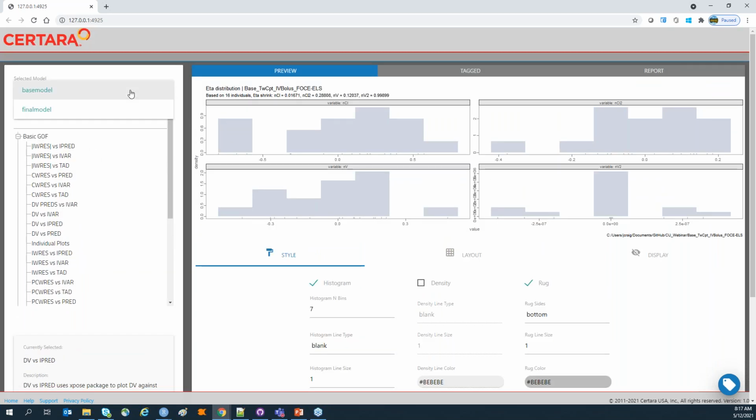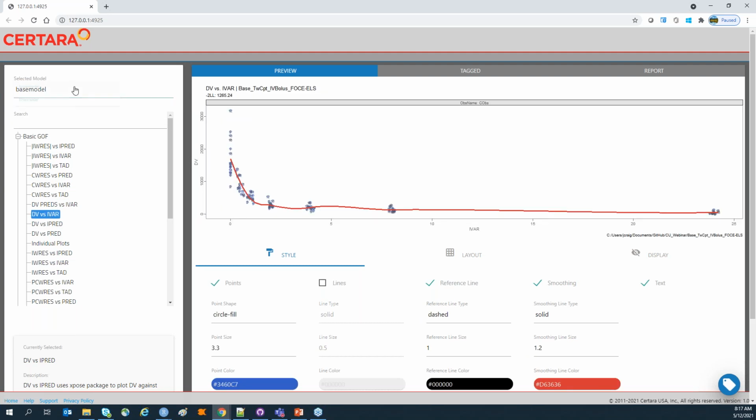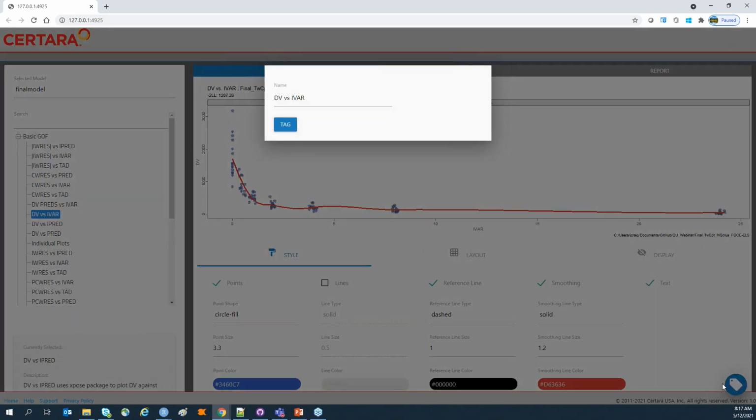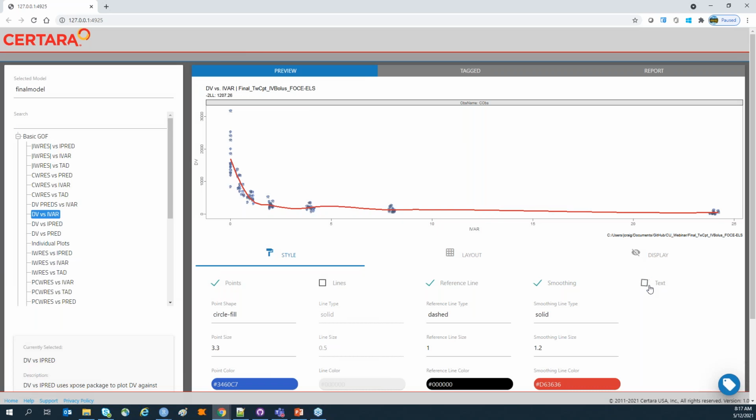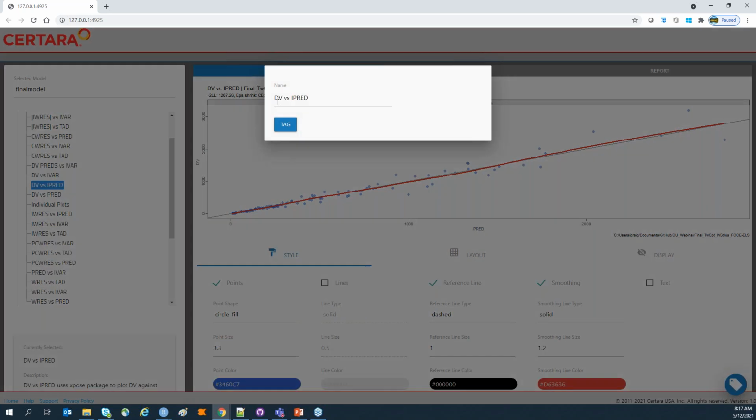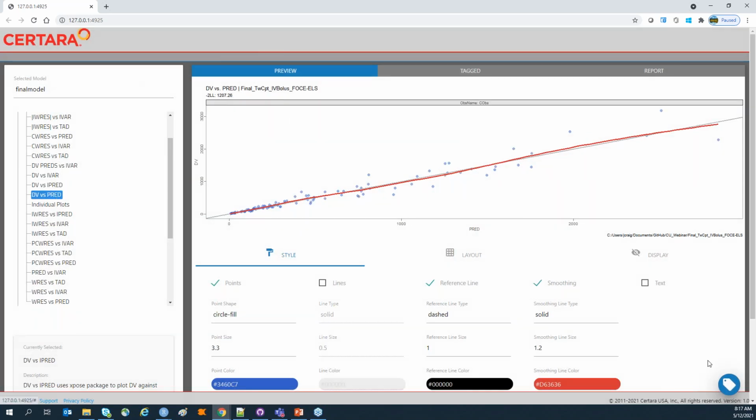Now, I started with a base model. I'm going to go ahead and explore some of the model diagnostics that I'd like to capture in a final report, potentially, from my final model here. And go ahead and start tagging some of these model diagnostics. And you'll see what happens once I do this. If I'm interested in keeping this model diagnostic for a final report, I can hit this tag button, this floating action button in the bottom right-hand corner, hit tag, and there may be a couple others that I'd like to tag here. Let's do DV versus IPRED, DV versus PRED,